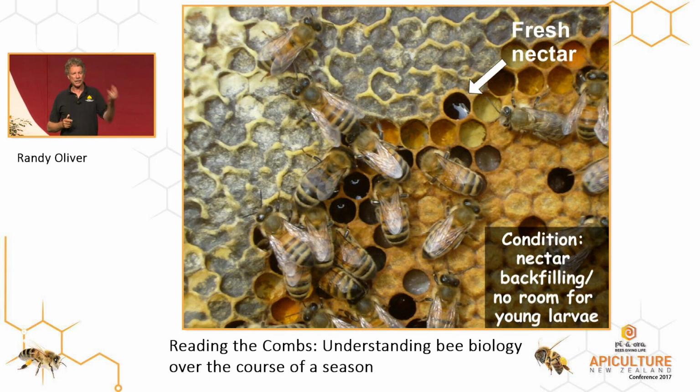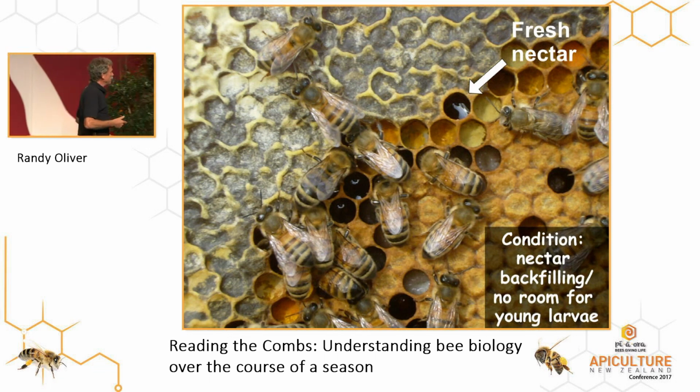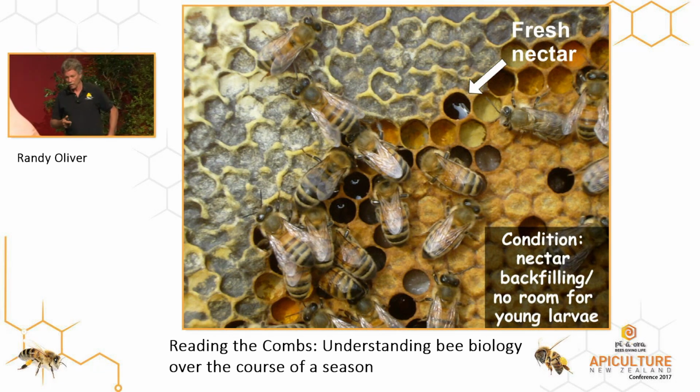And now what is missing 3 days later in that hive? E-beta-ocimene. The young larval pheromone. 3 days later, if the queen's not laying eggs, there's no E-beta-ocimene, and the whole colony knows, oh my God, something's wrong with the queen. Plus now they have a big population that's diluted the queen mandibular pheromone, and they go, oh, because it's pitch black inside that tree. But that tells them, wow, we filled the cavity. There's no more room for the queen to lay. We're completely packed full of sealed brood.